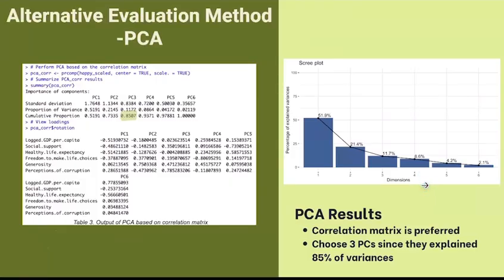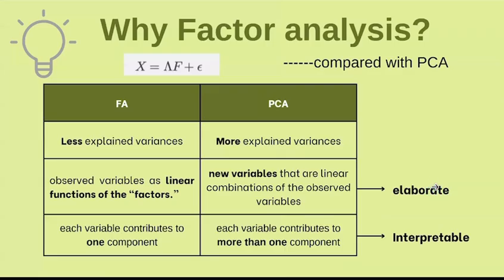For the alternative evaluation, we also applied principal component analysis to the same dataset, and we used the correlation metrics. We see that the first 3 principal components explain around 85% of the total variance. After comparing those 2 methods, we found that even though principal component analysis explained more variance, we still prefer factor